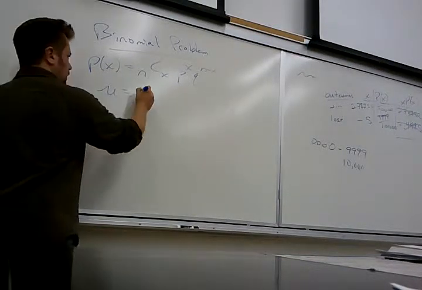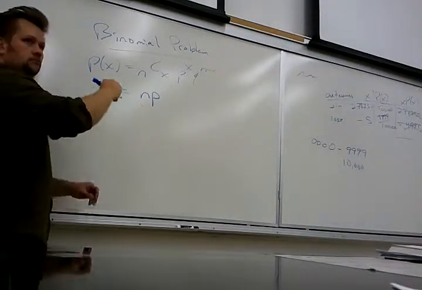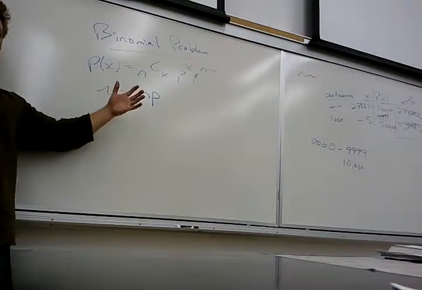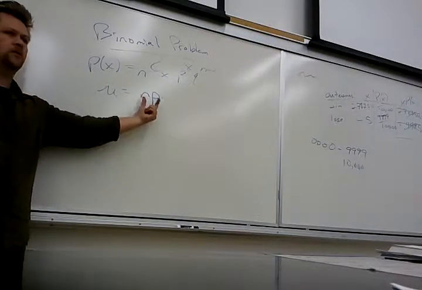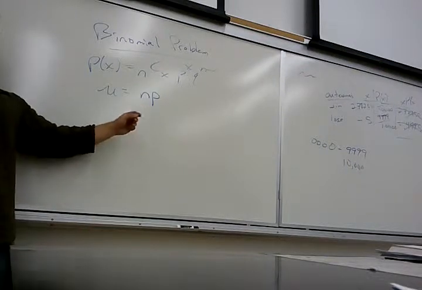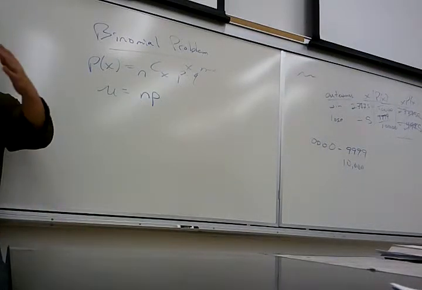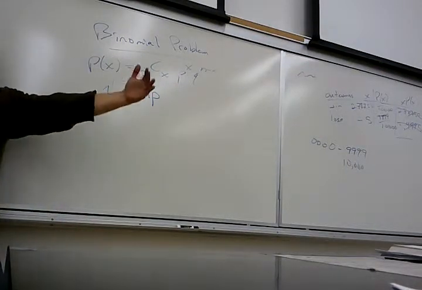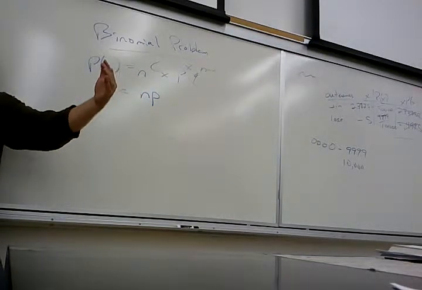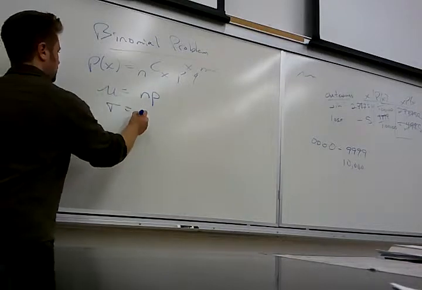The next step would be what's unusual. But if I can figure out the mean, the n times the p, so that's like 40% of my free throws, and I take 10 of them, that makes sense. I multiply those two. To figure out what's unusual, what do I need on top of this? Standard deviation, right? Because that sets off the distance in statistics. How far away do I have to be from the mean for it to start being weird? And in this case, it's this guy.